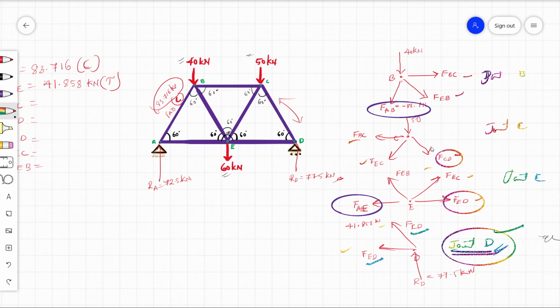By the moment I solve this, I solve this one also. Are you able to understand? If I solve these two, those are interconnected to the other members. So this is how we do it. Solve the individual easiest first, then move on. So let us go with the first joint D.